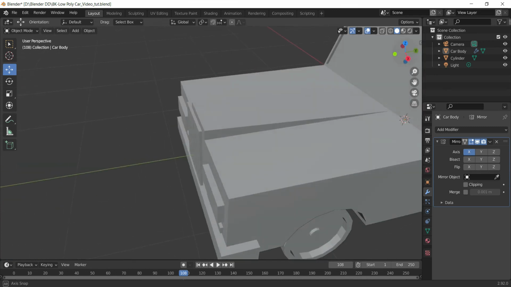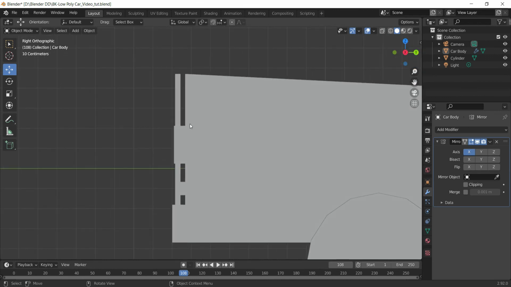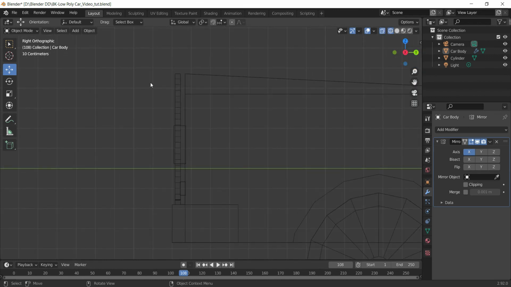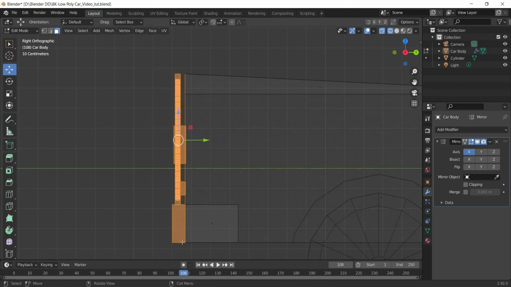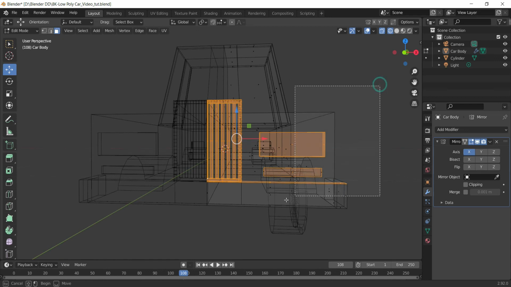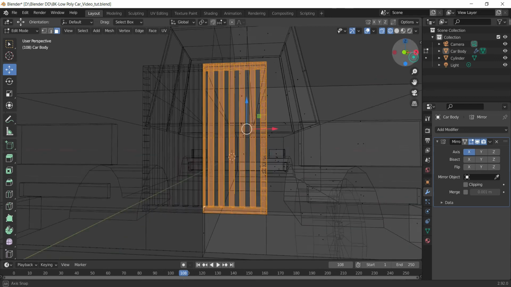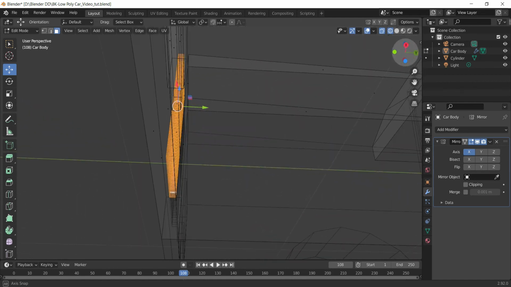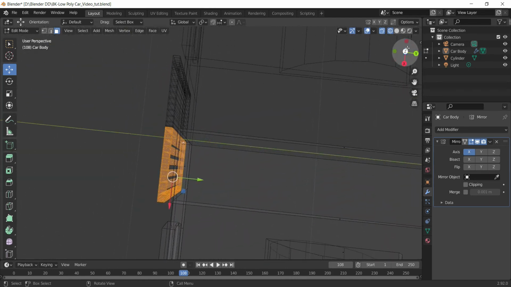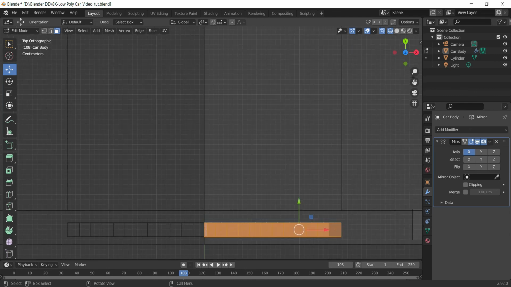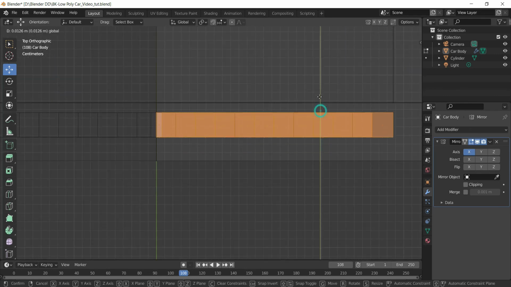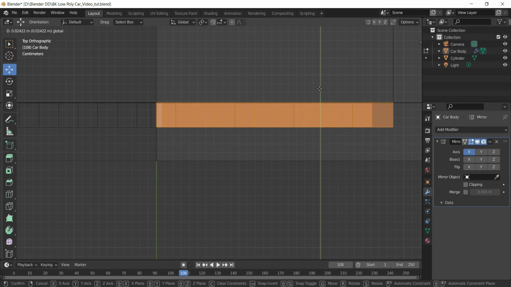So this way you can create a grill for the engine to let the air vent out. And let's do its placement now. So in face mode, we'll select the face, and now with the control key we will deselect the unwanted selection. So like this, and let's check at the bottom. Alright, so I think only the grill is selected here. So we'll come to the top view and we'll attach it at the front, and I'll just push it a bit inwards.